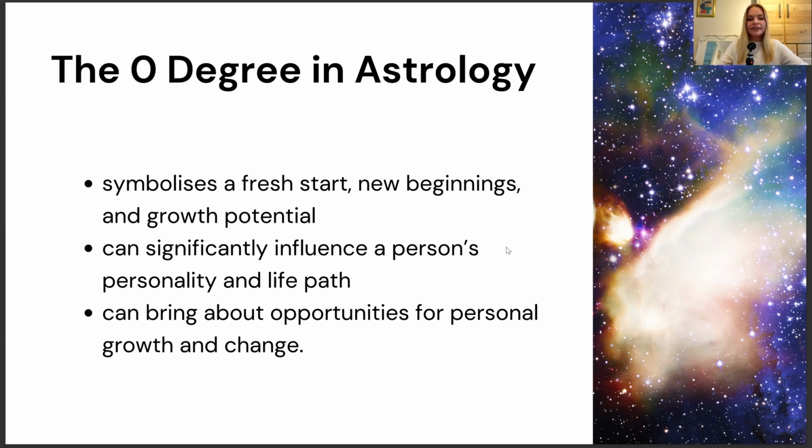Right. So now here, when it comes to 0 degree in transit and progression, so when a planet transits or progresses that 0 degree of a sign, it can trigger some really important and significant events in life, or perhaps a shift, change of direction. And these transits or progressions often indicate a new phase, new life phase, new cycle, and they bring opportunities for